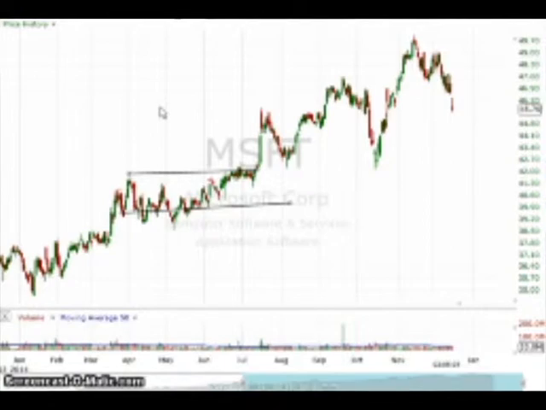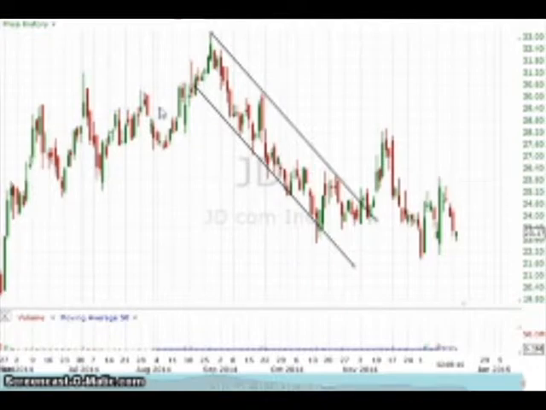Those are the three basic, upwards, downwards, and sideways, but we're going to get more technical about trend trading, and this is really where we make a good deal of the money, because the next three trends I talk about, we have a little bit more confirmation, and therefore more confidence to enter the trade, whether it works or not. The next one I'm going to use is a trend line broken.